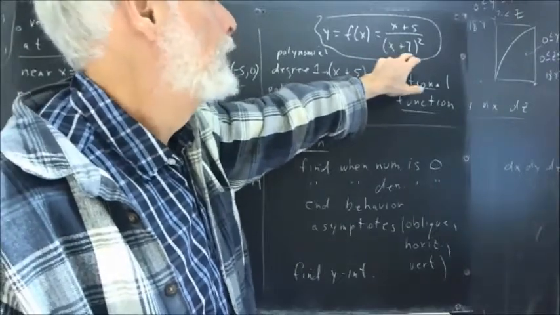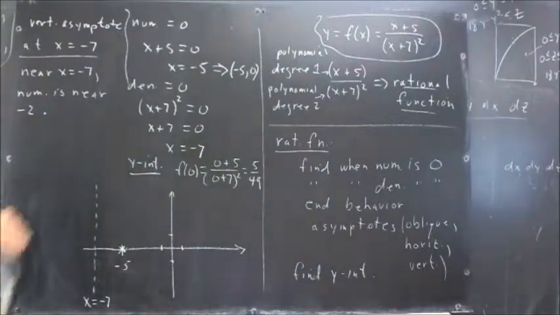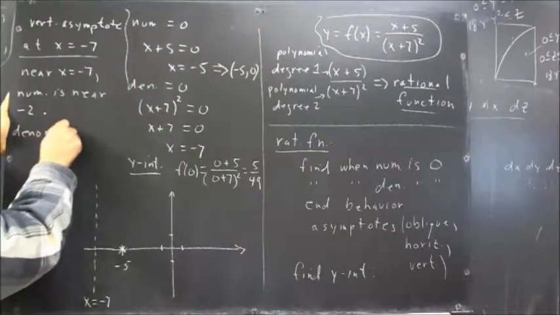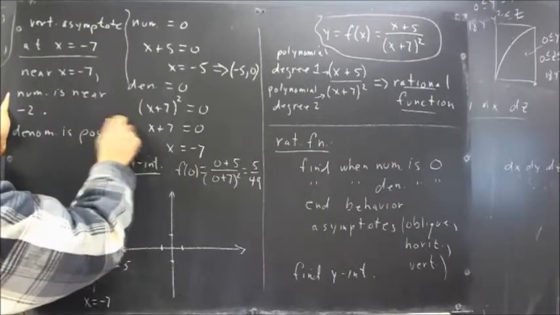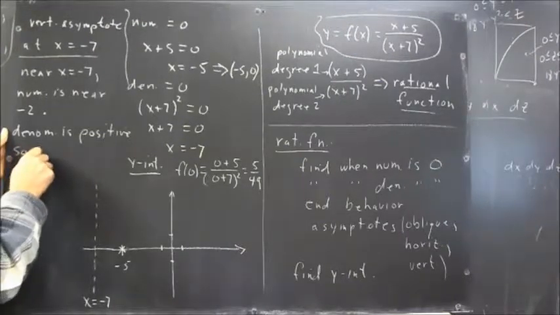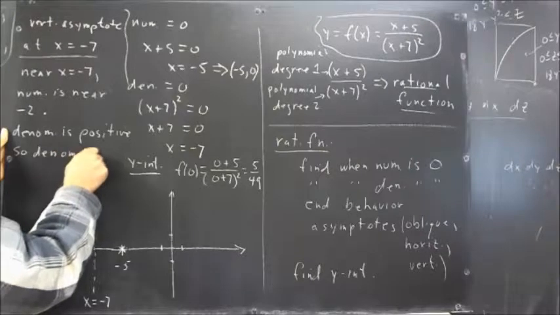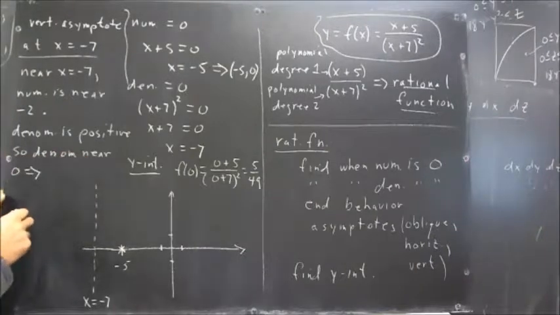Well, for any value of x except -7, x plus 7, the denominator is positive, so denominator near 0 implies